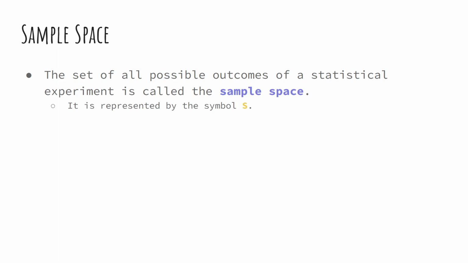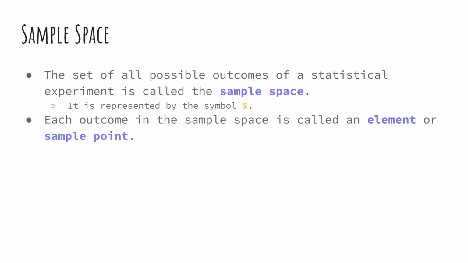And we denote the sample space by capital S, it looks like a small s over there. Each outcome in the sample space is called an element or a sample point. Like as I gave you an example,